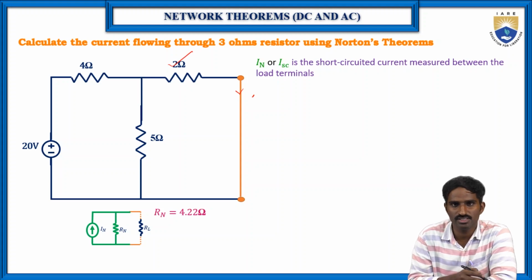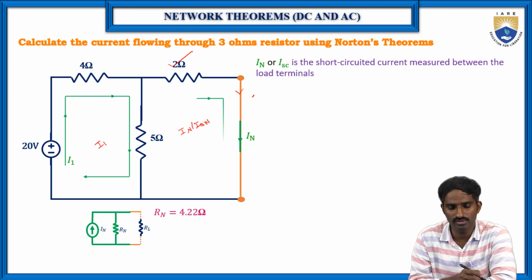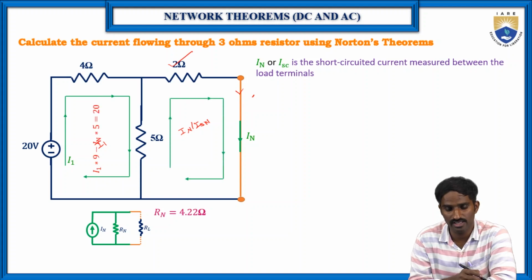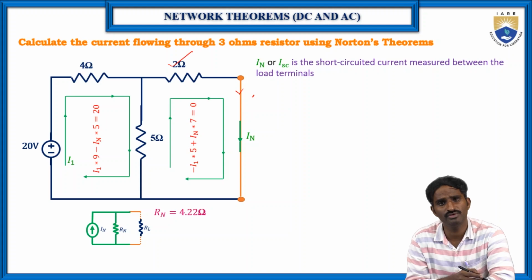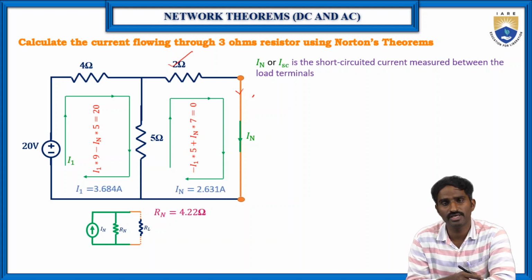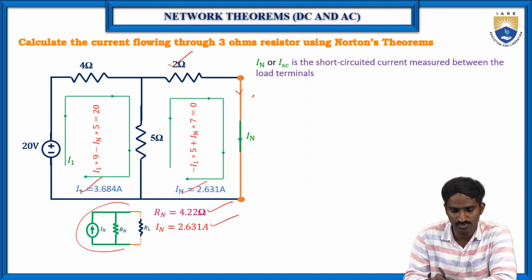Okay, so suppose let us consider loop analysis. This means let us consider this is I1 and this is IN, or ISN. Then apply the loop analysis, and you can find ISN by solving these two equations, right? So this is loop 1, let us consider I1, and loop 2, let us consider IN. Write the loop equation for loop 1 and write the equation for loop 2. Then solve these two equations. By solving these two equations, we will get I1 and IN. So here IN is nothing but the short circuit current. Let us write here IN is equal to,